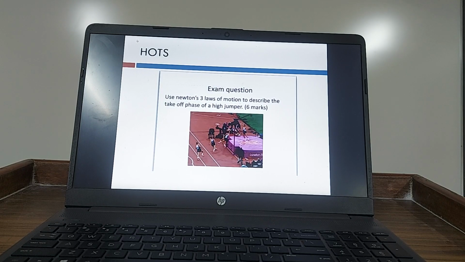So how Newton's three laws of motion are applicable over here? All the three laws are applicable here. फर्स्ट लॉ रनिंग का हो गया. ओके, यस. सेकेंड लॉ